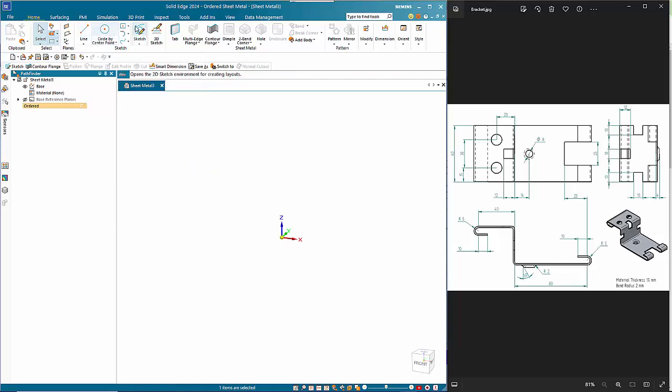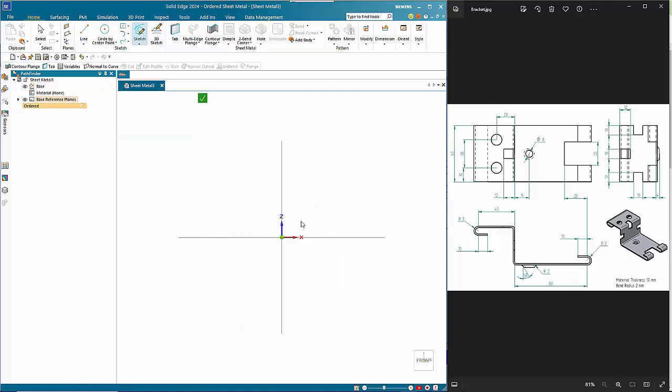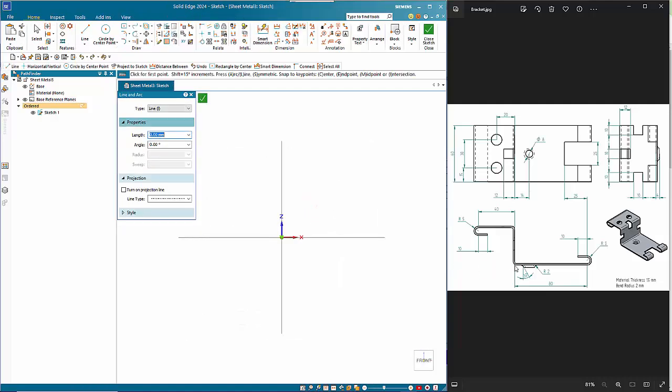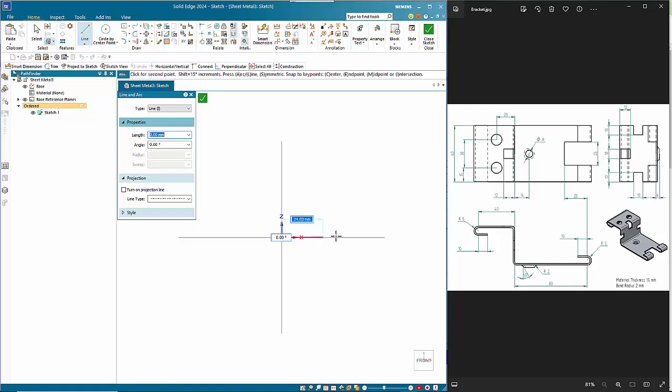So I'll start with a sketch and draw that on this front plane here. So I'm going to start with the coordinate system down in the bottom left corner there. So I'll start with the line command, and this wants to be 80, so we're doing the top edge. So the internal radius will be 3.5. So if I hit the A key, that takes me into the arc command. 3.5 as the radius,